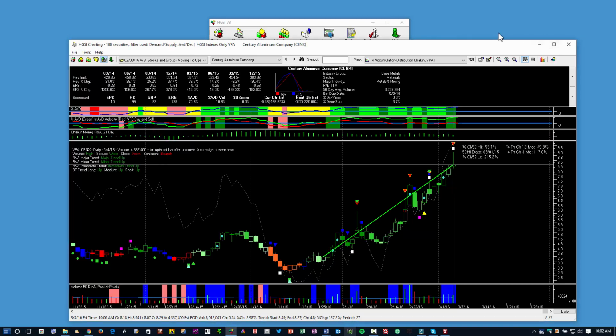There are multiple ways you can measure it in HGSI, but as you can see, and I did this on the fly, I didn't know where this stock would show up in those stocks and groups moving up, but it showed up clear back here. That is why I look at those groups every day. You have to pay attention. It's some work. You're not just going to automatically create a list of stocks,